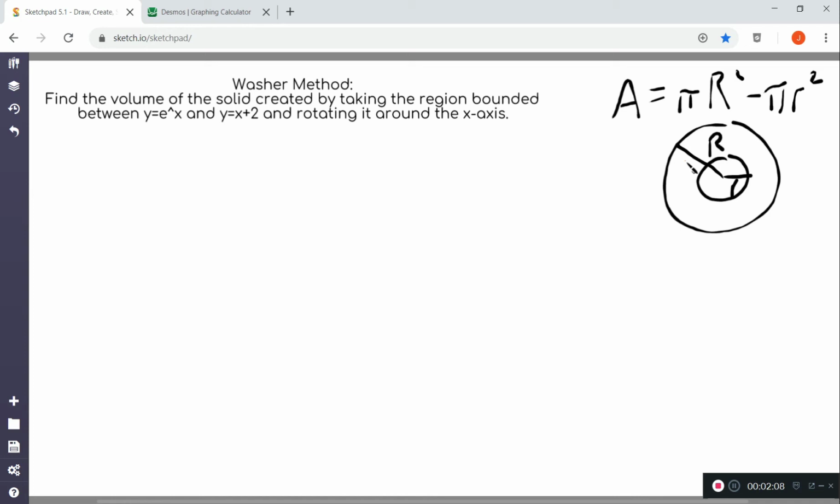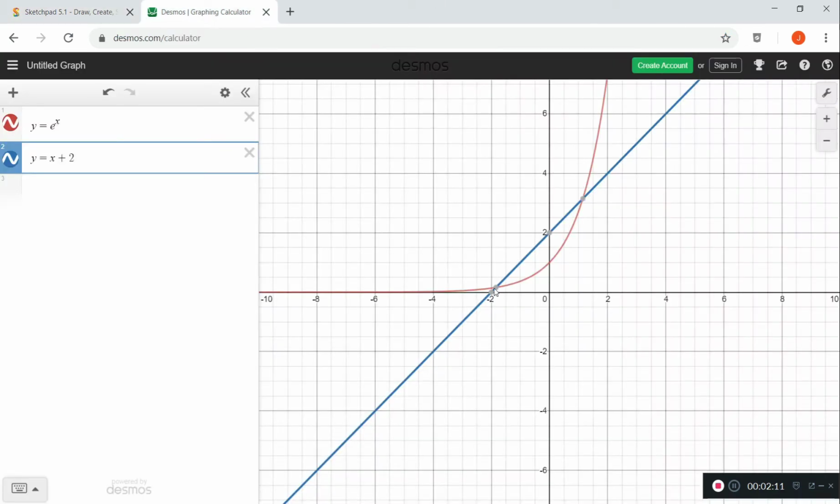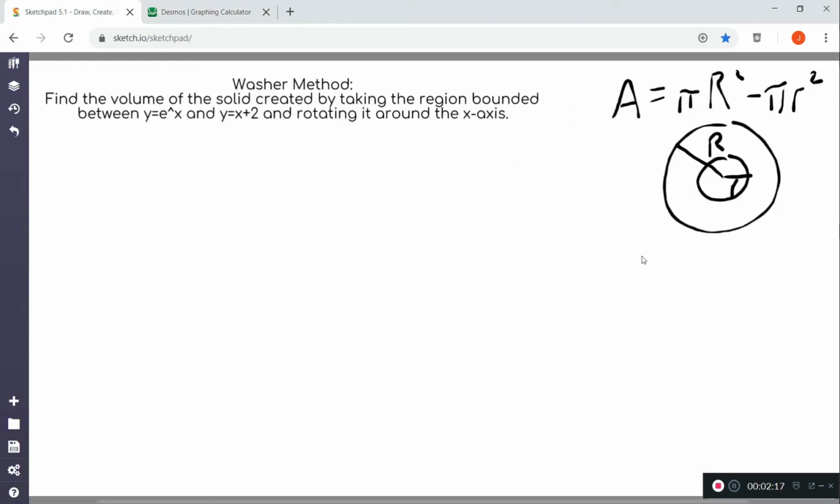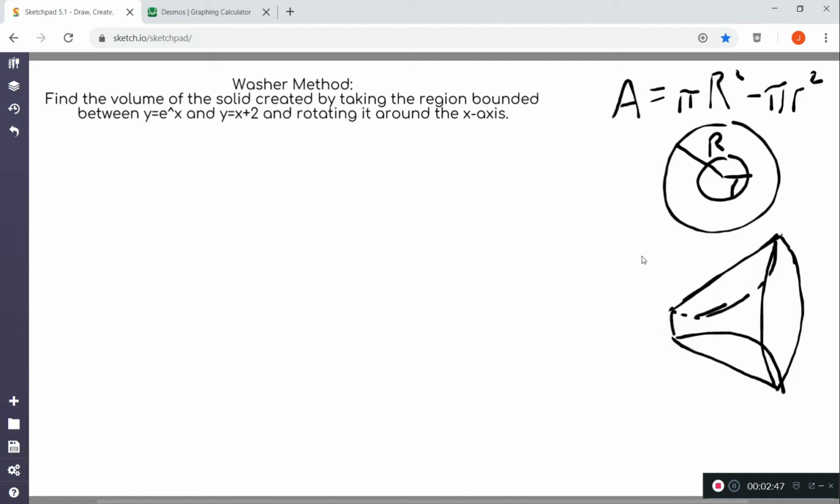So what this is going to look like is, if we notice that the outside's a straight line, which is going to give us a view of a truncated cone. Truncated just means that the tip of the cone has been removed. And we would have that, except the issue is the inside has been hollowed out from a curved section. So inside of it, it'll be something like that, meaning we have this hollowed out space